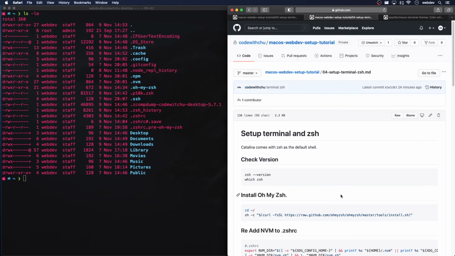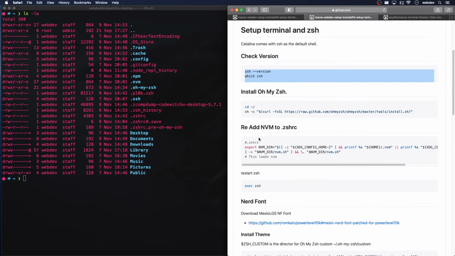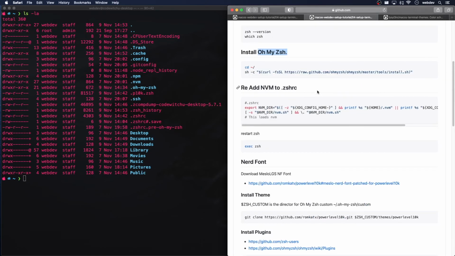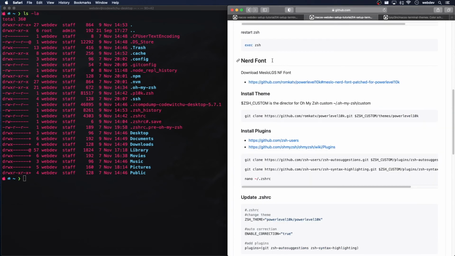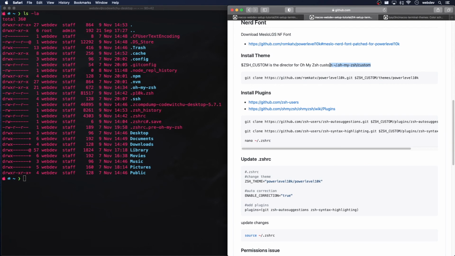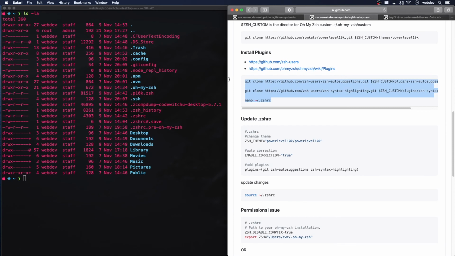So that's everything I wanted to cover in this video. Just a little recap here. We checked our version. We installed Oh My Zsh shell. We fixed our NVM because Oh My Zsh shell replaces it with its own Z shell profile. I don't know why they don't set it up where it just appends it, but as long as we know that that's what we have to do, that's okay. We downloaded this Nerd Font, MesloLGS. Gives us these little icons here. That's pretty cool. We installed the Powerlevel10K theme, installed these two